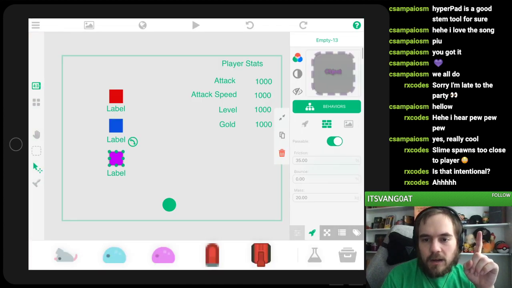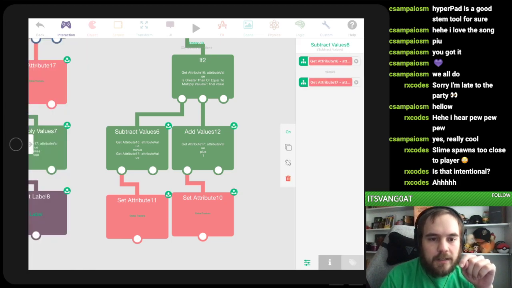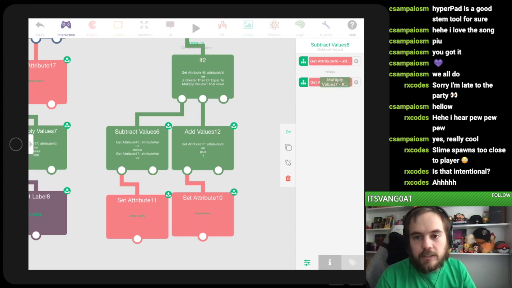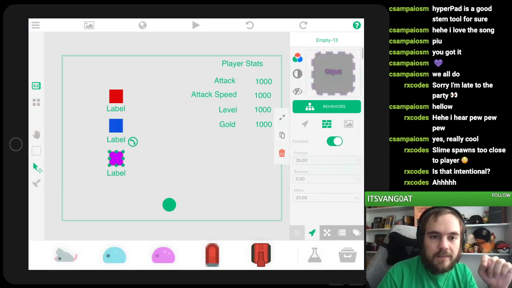Oh, right. I also needed to fix this subtraction. It needs to subtract the product of this multiplication. There we go. That fixes one of my bugs. Now the other bug